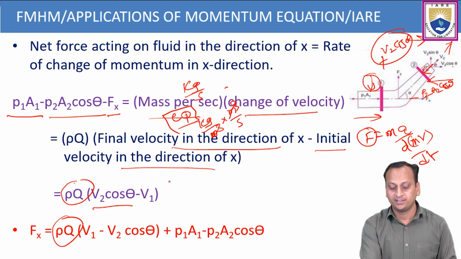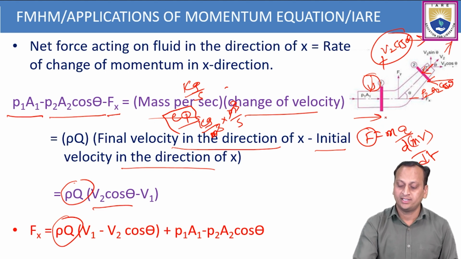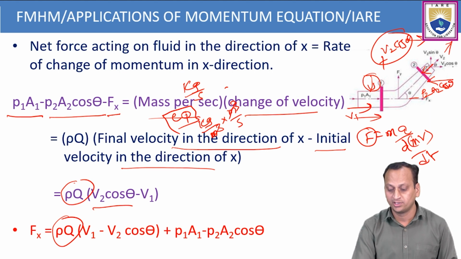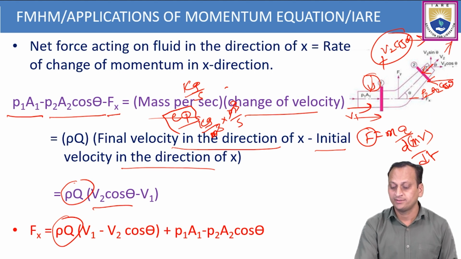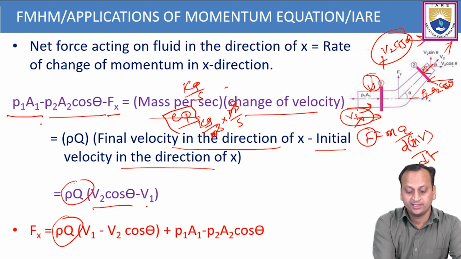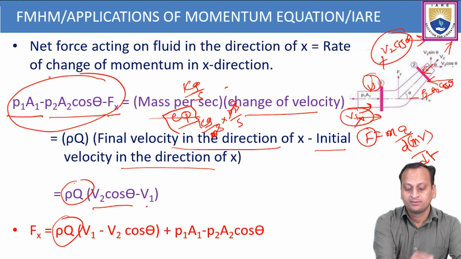Therefore the initial velocity has no vertical component, but horizontally there is a velocity. At section 1 it is not resolved, there is no angle, but at section 2 it resolves into two components. So at section 1, only v1 along x is there, therefore V2 cos theta minus V1. This is the rate of change of momentum, and the net force acting is P1A1 minus P2A2 cos theta